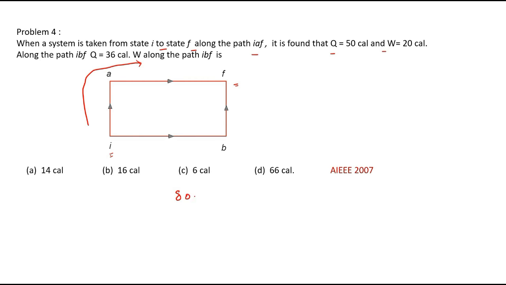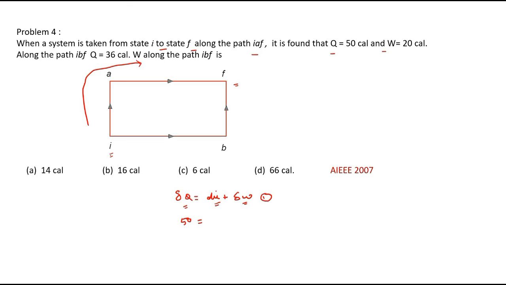First law of thermodynamics: delta Q is equal to dU plus delta W. Delta Q is the heat, dU the change in internal energy, delta W the work done. Now in the first set of data, Q is 50 calorie,